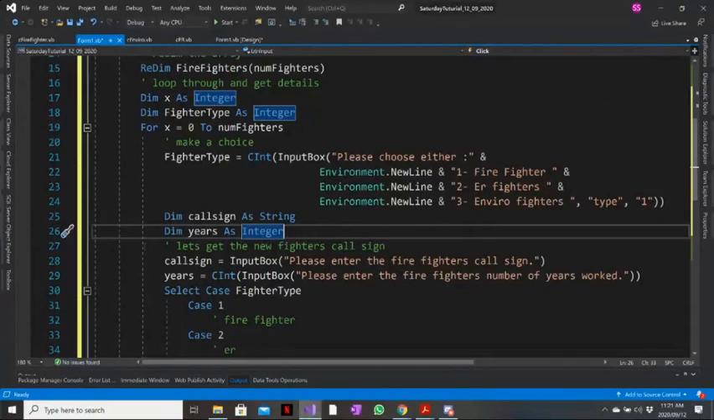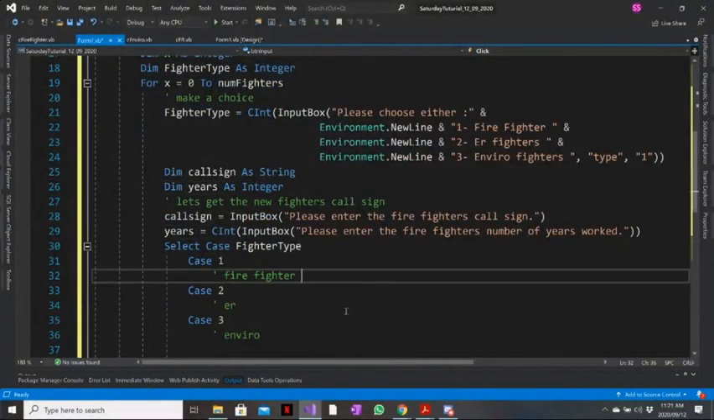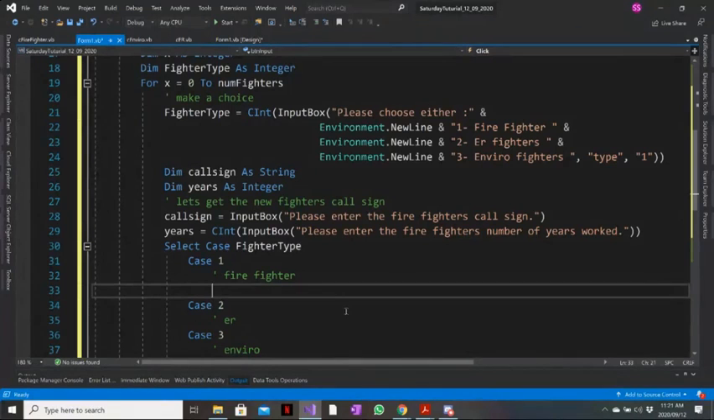Right, cool. That's cosine and years. Now we've got the cosine and the years. So now we're going to have to build up an actual thing. Right, so if it's a firefighter, we can just go, well,